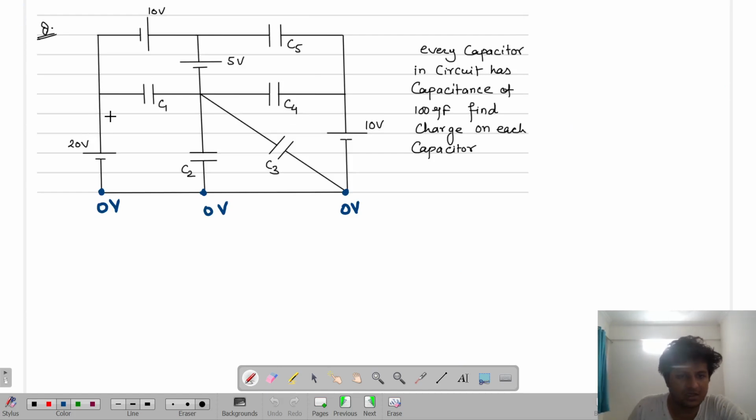And here batteries are given. You see, in one terminal here, only the battery is given. That means here the potential is how much? 20 volt. Now, so 20 will go up, up, up, but once again it met with minus 10 first. So here it is 20, here it is 20. Got it?